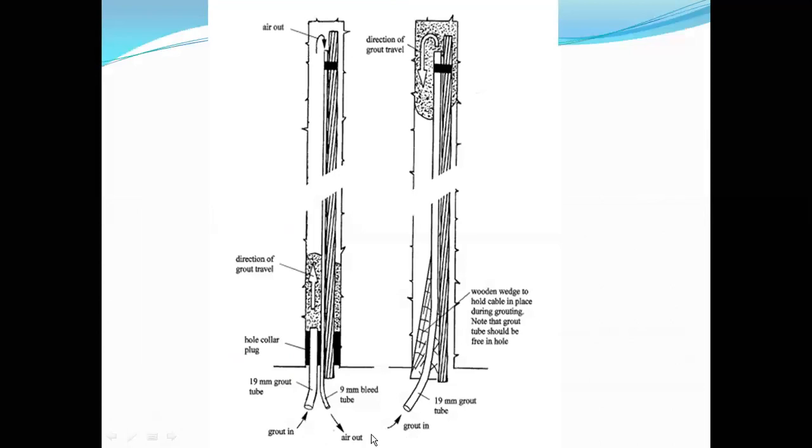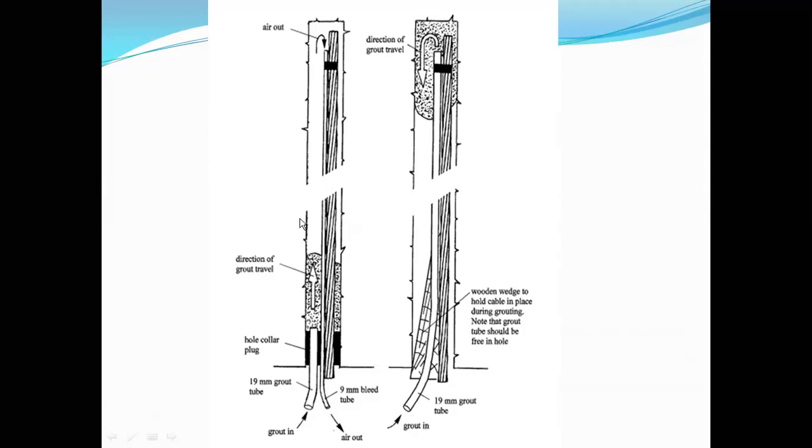Okay, so this is what I was talking about. This is a roof bolt. It should have some hose pipes inserted into it. Now, there is one grouting pipe and there are two things. One is the hose pipe placed like this, a smaller one, and the other is an outlet pipe like this. Through this, the grout is being injected, and if there is any air, that has to come out, so that will come out by means of this one.